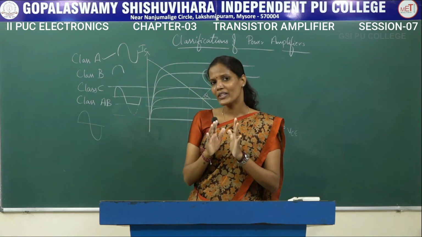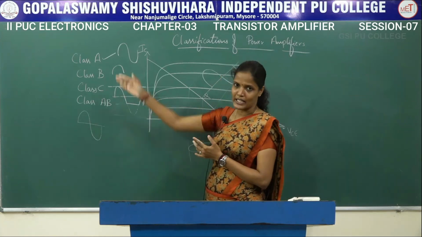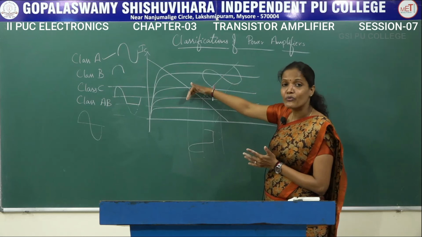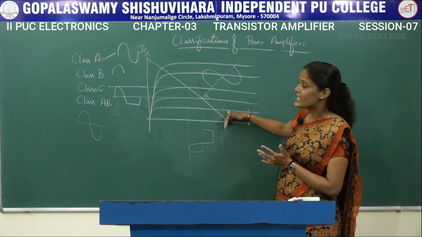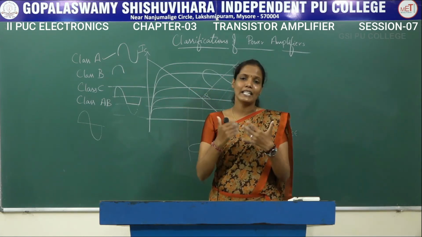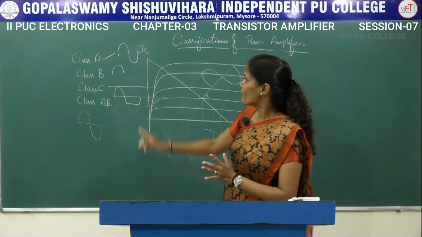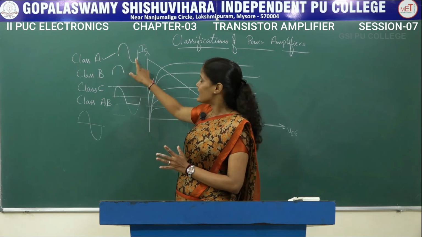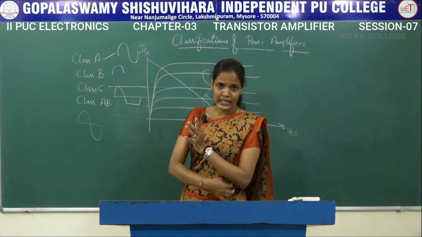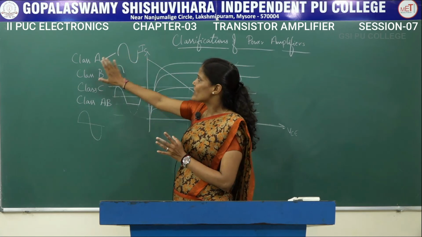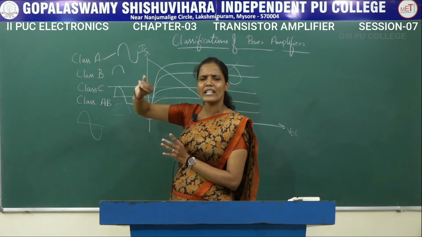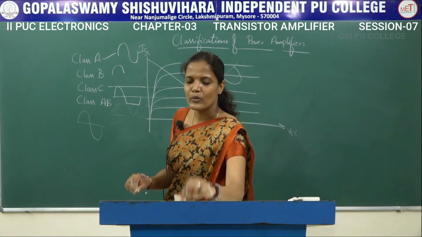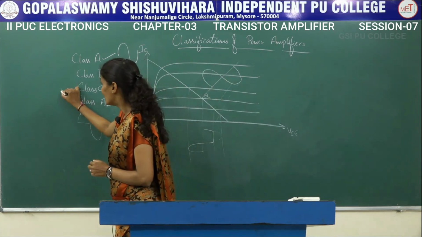But one thing we can observe in these different types of power amplifiers is that as the Q point shifts away from the center of the load line, the efficiency increases. Even though the conduction angle of class A amplifier is 360 degrees, that is, the entire input signal is appearing at the output side, the efficiency of class A is very small compared to class C, where the output signal will be less than 180 degrees.